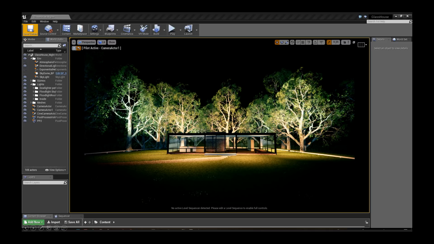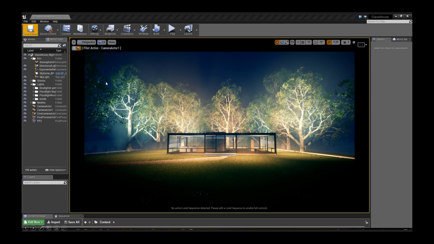And then these back ones are in a cool color, contrasting with the blue and the warm for the rest. And finally, I couldn't help adding the new volumetric fog,